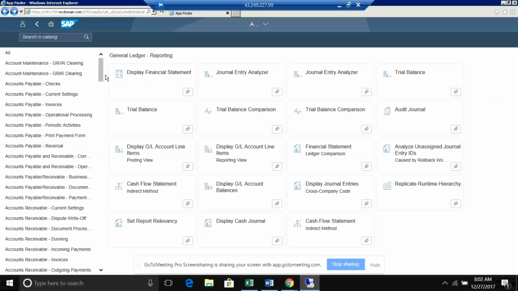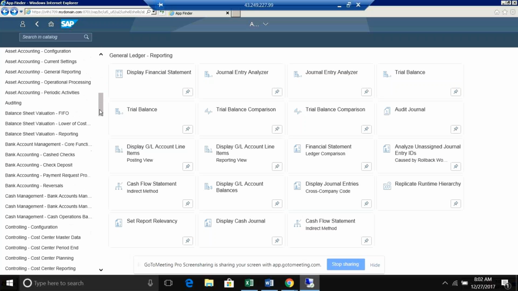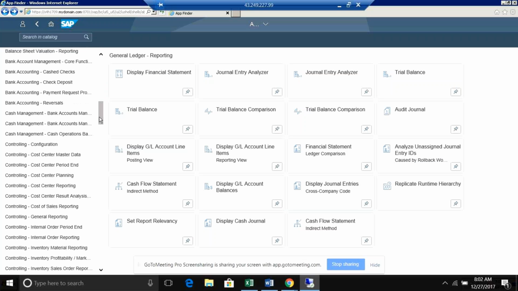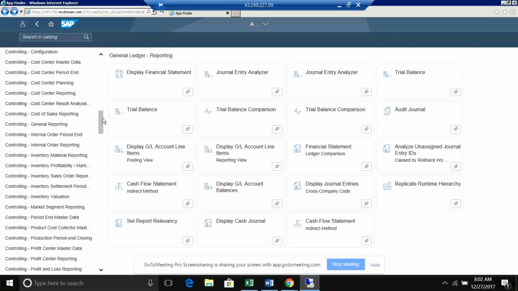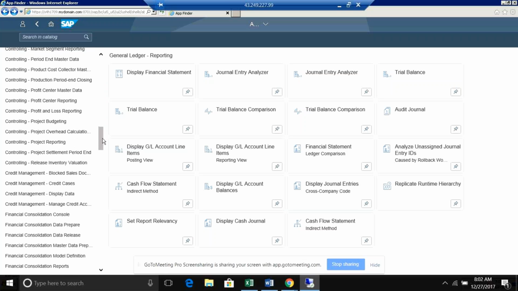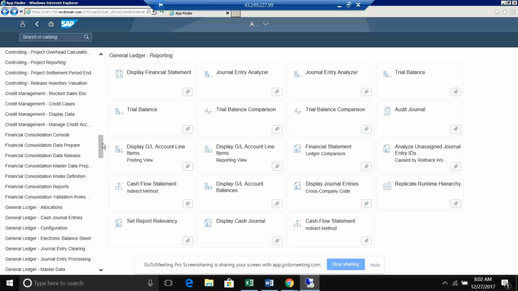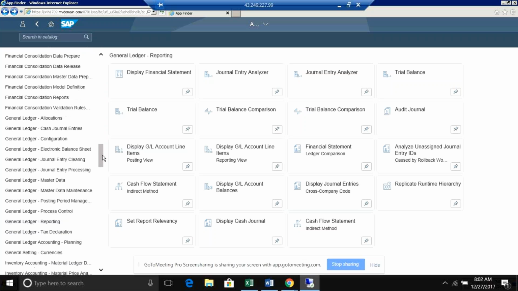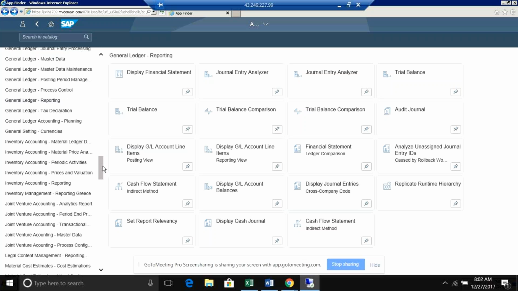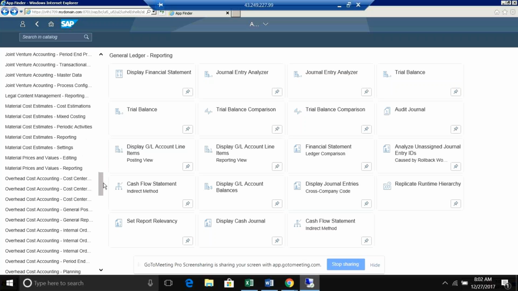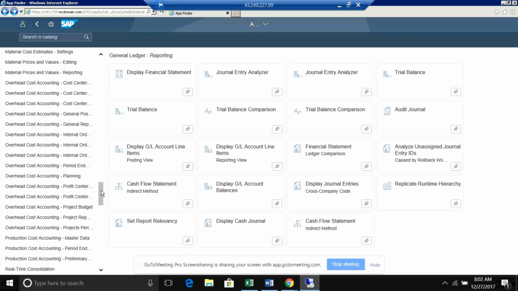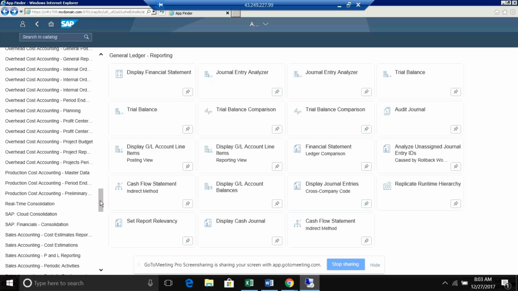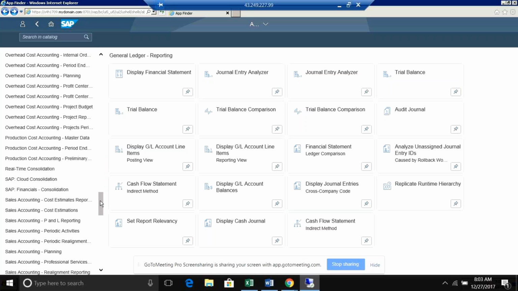Yeah, these are all the relevant apps, basically for general ledger accounting. And from the cost and cost controlling point of view, you can see cost center master data, internal orders, and also product costing. Everything you get here. But I will take you through only the general ledger accounting apps now. Whenever the other modules are covered, I will show you those things as well. But some of the apps are not working as it is a demo.